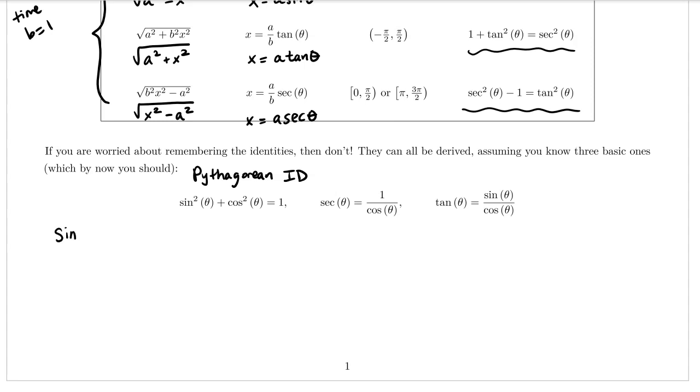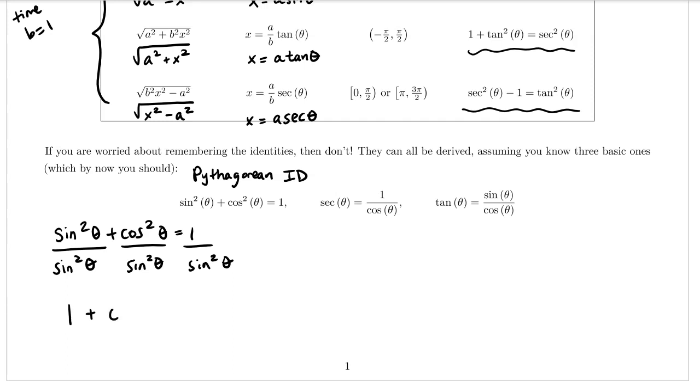So I have sine squared theta plus cosine squared theta is equal to 1. If I divide every single term by sine squared theta, then my first term will simplify to 1. My next term will become cotangent squared, and then my last term will be